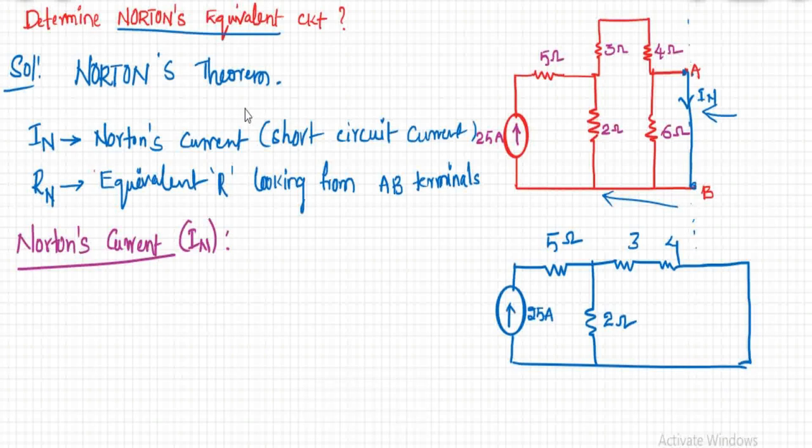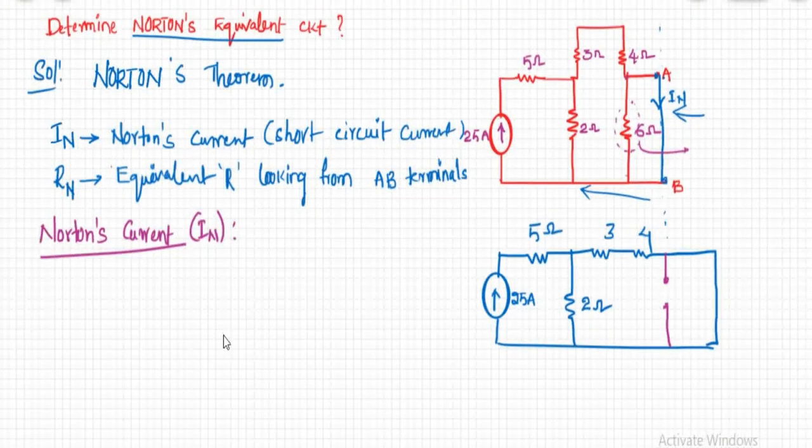Here I have replaced the 6 ohm resistor with an open circuit because there was a short circuit across our 6 ohm resistor. Parallel to the 6 ohm resistor there is a short circuit, so current will definitely flow through the short circuit instead of the 6 ohm resistor. So the 6 ohm resistor is treated as redundant. There is no useful work being done by the 6 ohm resistor here. So that's why I am going to replace it with an open circuit, because no current is flowing through it, so current will be 0 through this 6 ohm resistor.